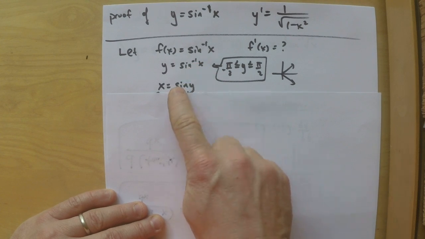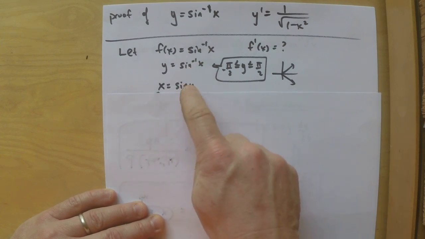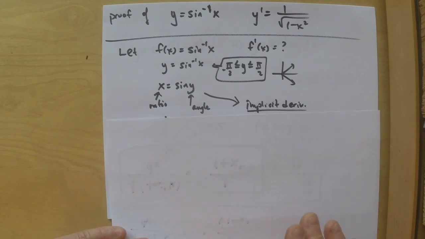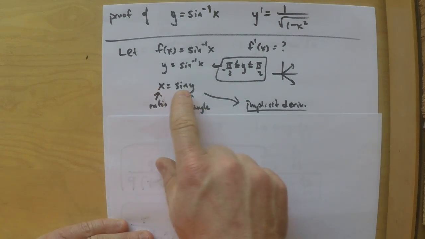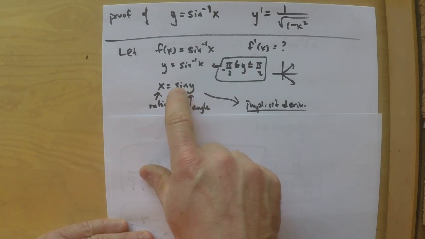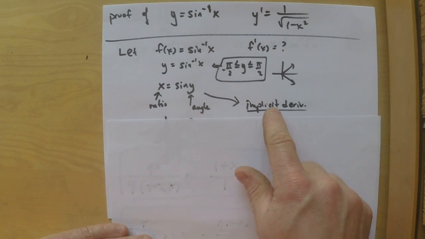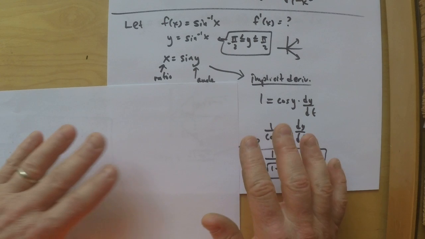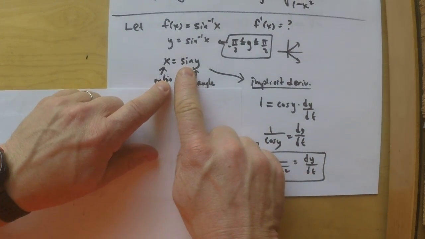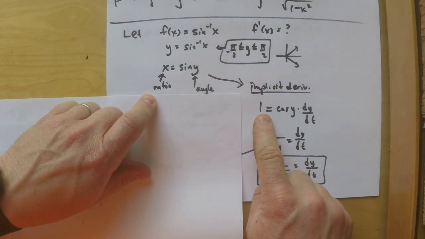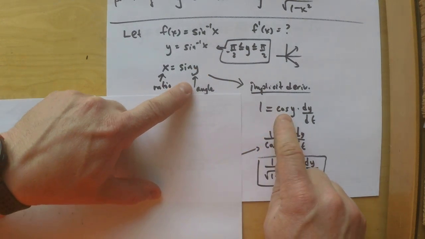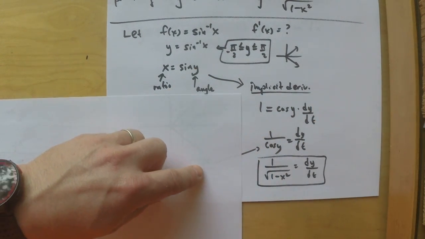We're going to rewrite this as x equals sine y. That's just the inverse writing of this, or writing it in a different form. Remember, this is the ratio. Y is the angle in this form. So we're going to now take the derivative implicitly because we know the derivative of sine. So derivative of x is 1. Derivative of sine y with respect to x is cos y dy/dt,